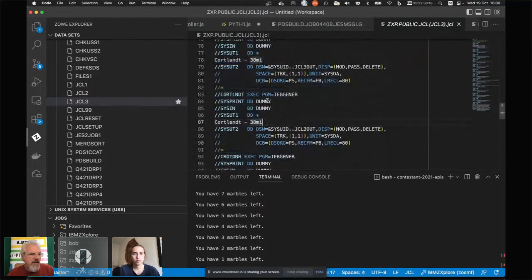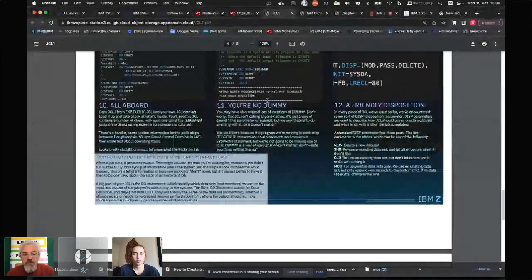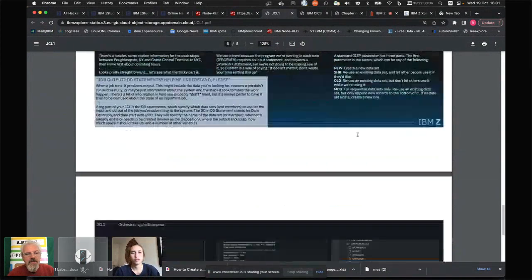So in the instructions, we're going to tell you how to comment things out, or you can just delete the things that are going to produce the duplicate errors. Fix your JCL3. So you have to get JCL2 and JCL3 fixed, so both of them run okay. And then right at the very end, when we've done all of those things,